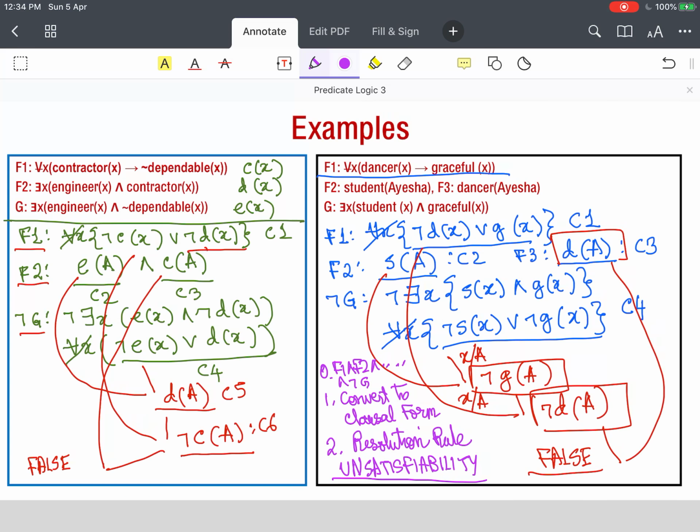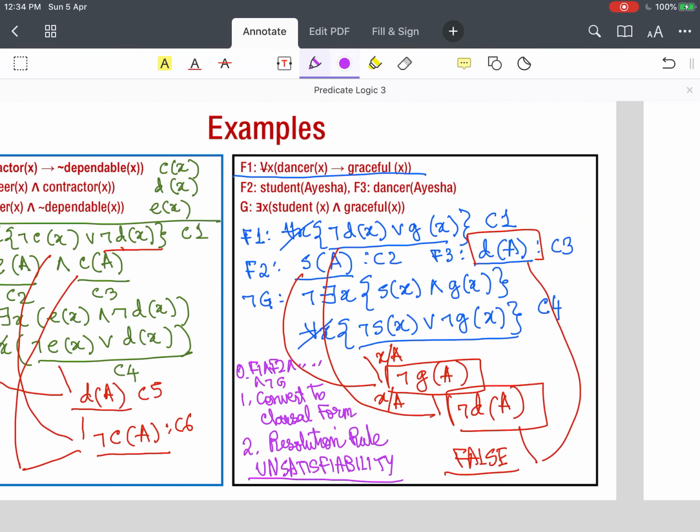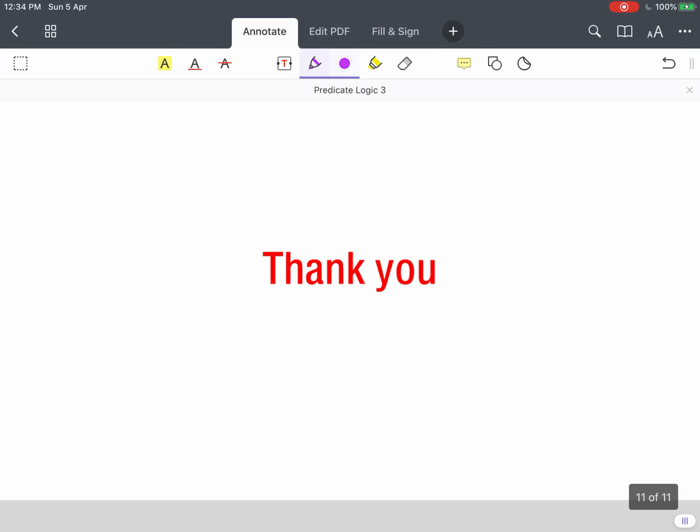However, if it is not unsatisfiable, that means it is satisfiable, then the algorithm may terminate or may not terminate. Because as we have seen in the paradox, this is an undecidable problem. This is semi-decidable. So in this lecture, we have discussed the very world famous resolution refutation mechanism, which is a very simplified single step algorithm using only one rule called the resolution